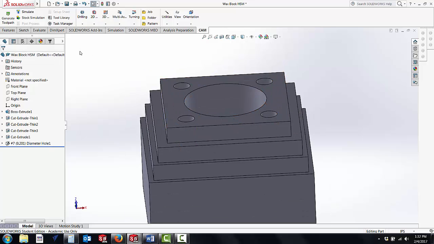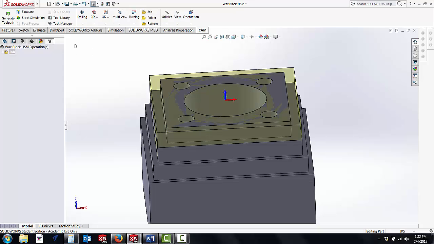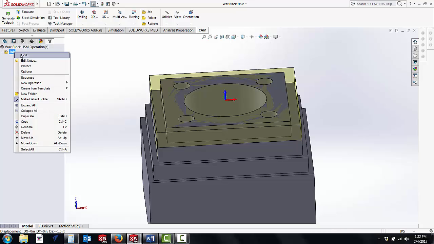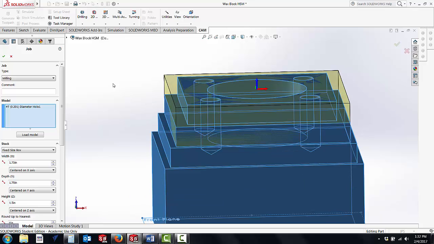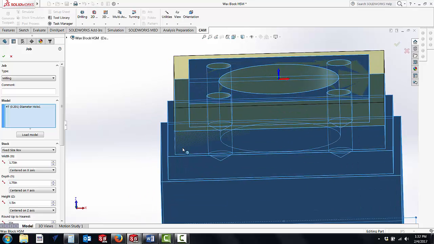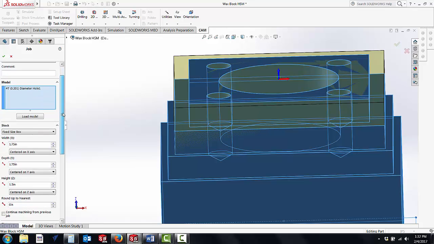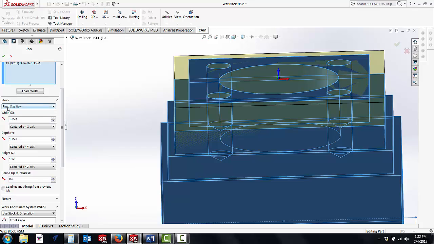Okay, so the first thing you're going to do is click on Job, create a new job. I already have one started right here, and we'll take a look at what my goals here were. I wanted to represent where we were going to be starting with HSMWorks. So this is a milling operation. The model is already loaded. We're going to use a fixed size box as opposed to relative or cylindrical or from solid or from extruded sketch. We're going to use a fixed size box,